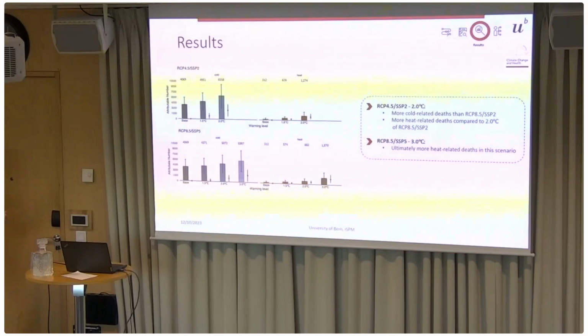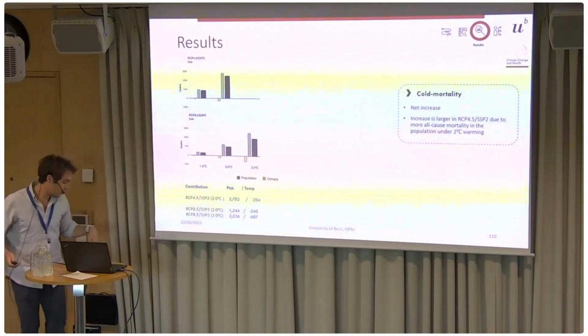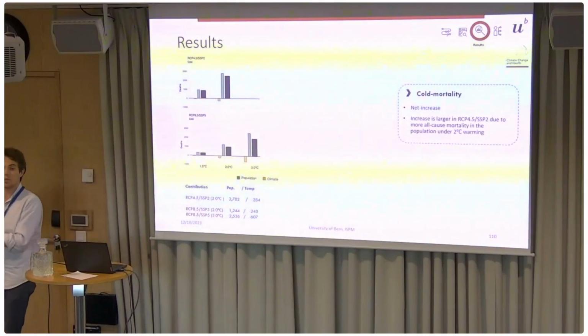So it's a bit striking that under RCP 4.5, under the same warming levels, we have a much larger cold and heat-related impact. And then the question, of course, is how do we explain this? Well, here we can see the contribution of population and climate. And in RCP 4.5 for cold-related mortality, we see, of course, the same decrease. So basically in yellow, what we see is the decrease you would expect if you just shift the temperature distribution over the exposure response function, and you would see a decrease.